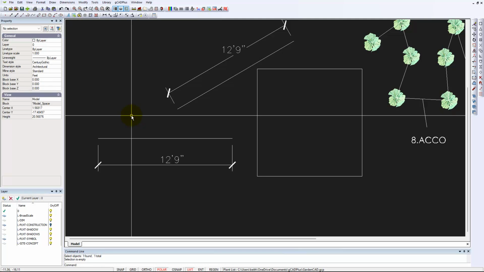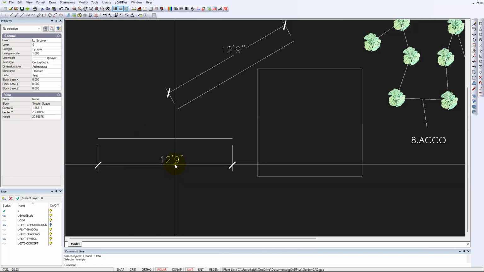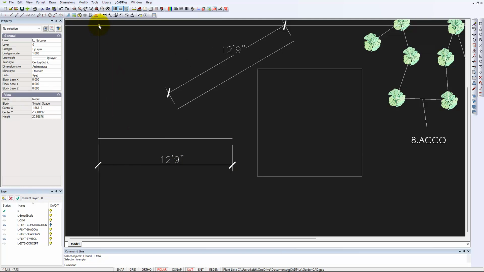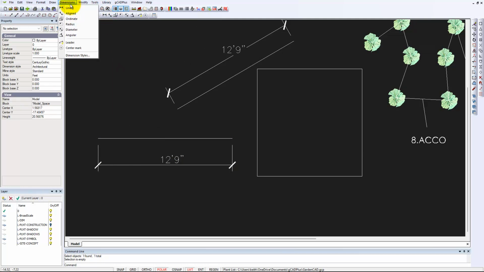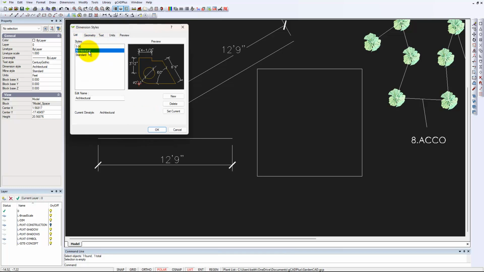That means that in the US we draw in decimal feet, but if we want, as most of us would, the results to be reported in the Imperial architectural system, we need to have a dimension style operational, and this style is architectural. And so if we go into dimensions and modify, and I'll list it first, I've set our dimension style at architectural, and if we come across to units,